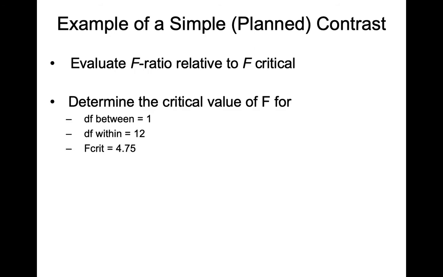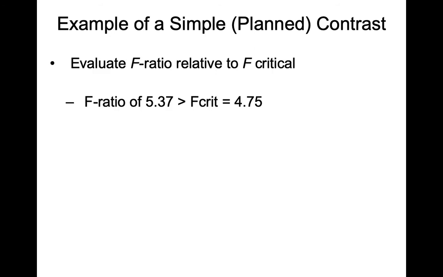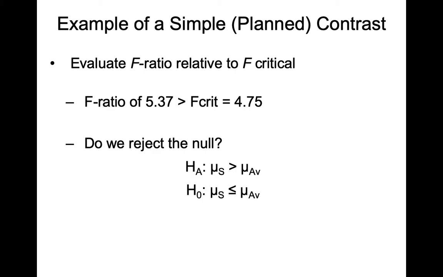Okay, so there's our F critical. We are just going to compare the F ratio that we calculated to that F critical. We see that our F ratio of 5.37 is greater than the critical value. So do we reject the null? Yes, we do. And let's take a look at what that null was. The null hypothesis was that the mean for securely attached folks will be less than the mean for the avoidantly